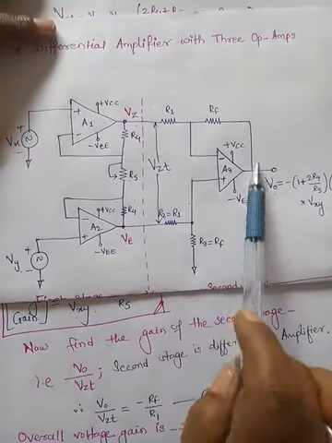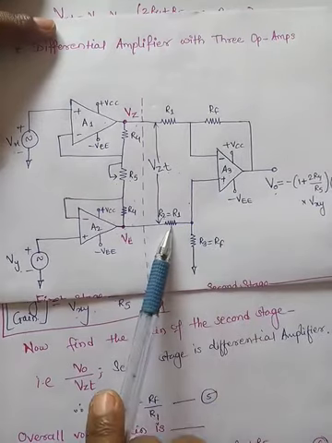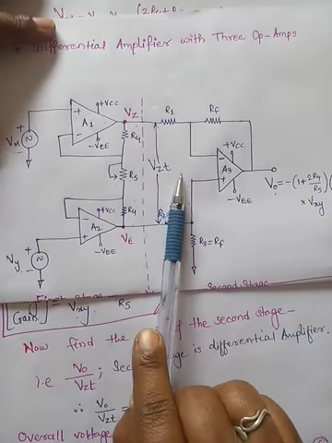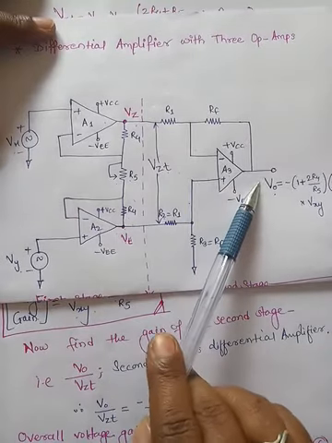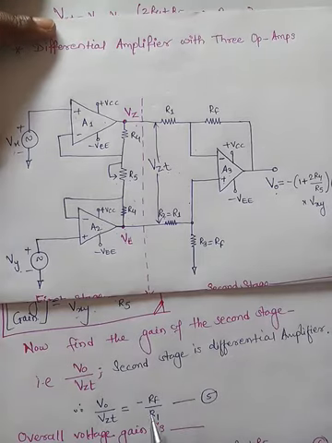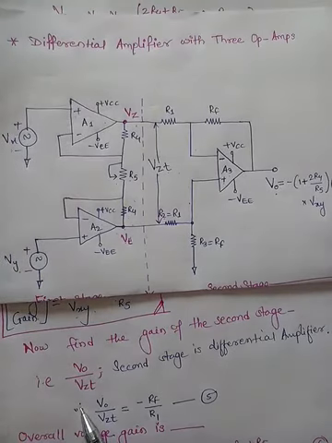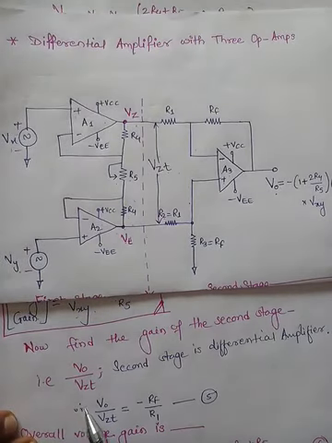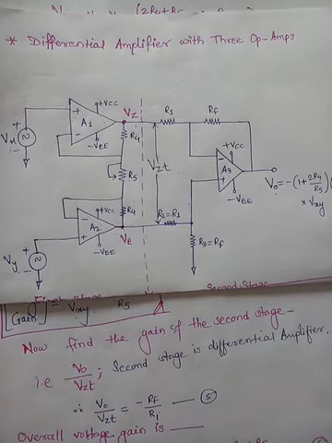So when we are looking at the second stage, there are two inputs present. So this is nothing but a differential amplifier with one op amp, and for a differential amplifier with one op amp, its gain is equivalent to the gain of inverting amplifier. So its gain is simply minus Rf by R1. So we have written that output second stage gain equation is V0, output voltage, divided by Vzt is equal to minus Rf divided by R1. This is the gain of second stage of the op amp.